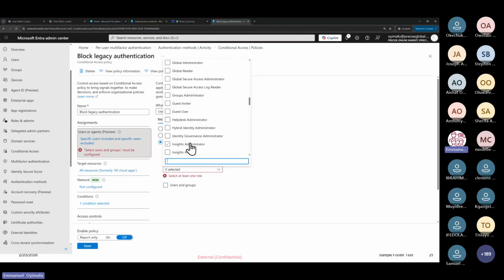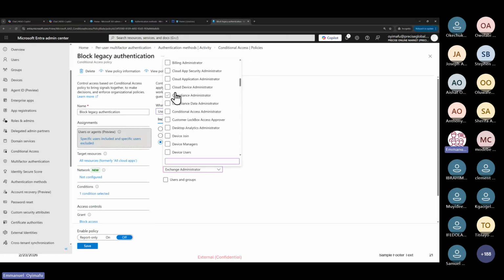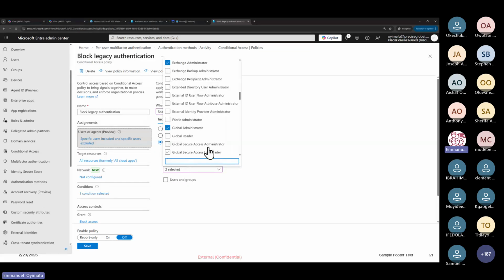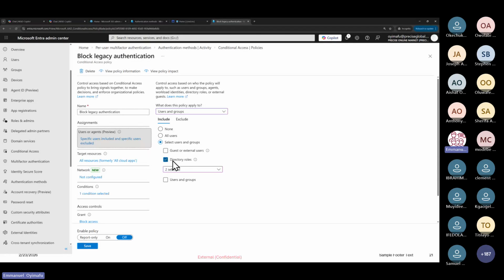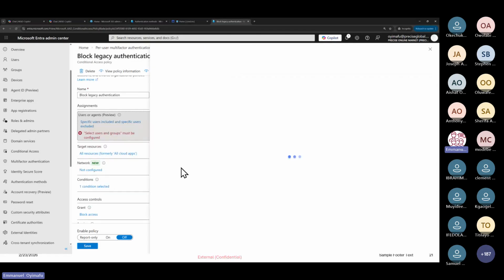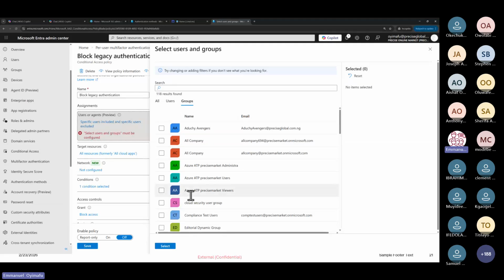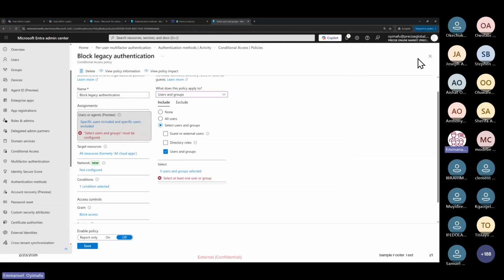If you want to apply it to global admins, maybe you want to apply it to Exchange admin or any of the admins. Let me look for global admin. Then you select it. So this policy is scoped to the global admin and Exchange admin. So you can scope your policy to directory roles, to users, and to groups as the case may be. And let's not forget, you can also exclude from your policy.